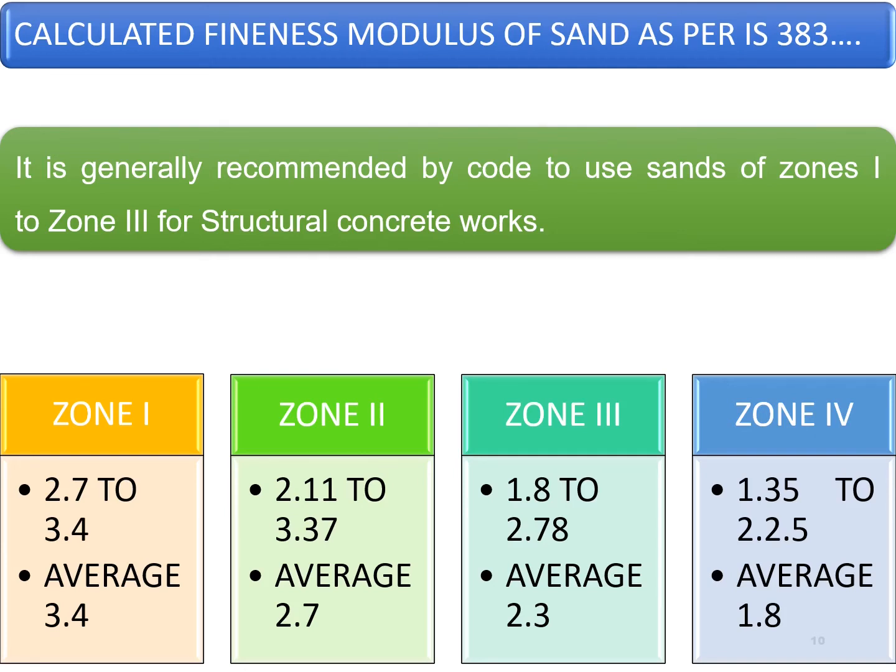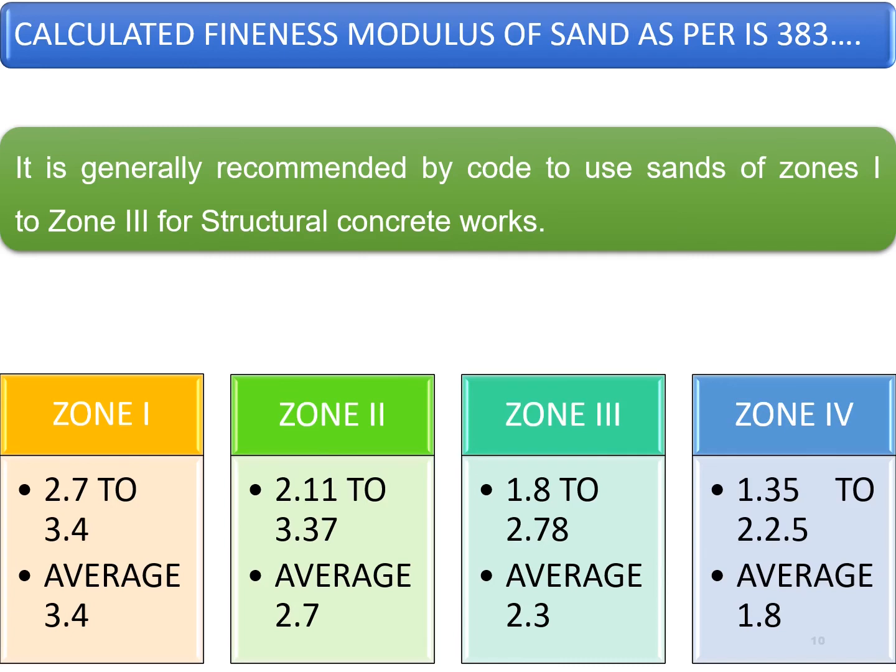Zone 3 will have an FM value ranging between 1.8 to 2.78. And zone 4 will have an FM value ranging between 1.35 to 2.25. These values are for the lower limit and the upper limits given in the grading table. But when it comes to the average value, the average FM value for zone 1 is 3.4, for zone 2 is 2.7, for zone 3 is 2.3, and for zone